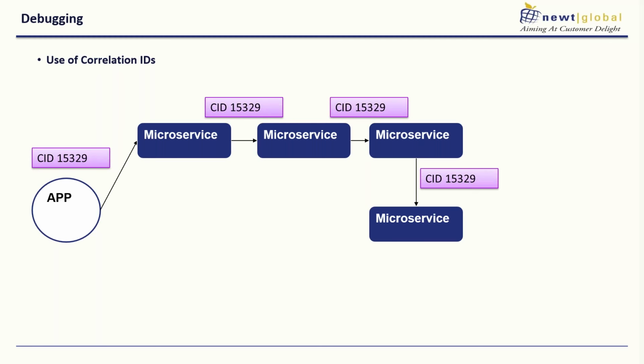So for debugging, a good suggestion is to use a lot of correlation IDs, which you can grab from the UI, and say, this particular session or this particular request has this unique ID, and then log it everywhere. Eventually you can know that all the issues out here pertain to this particular request, and I'll be able to make some sense of the logs, debug, and understand what went wrong in the application. It's a practice that will help you in production debugging.